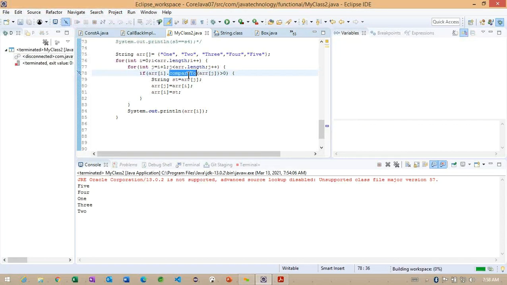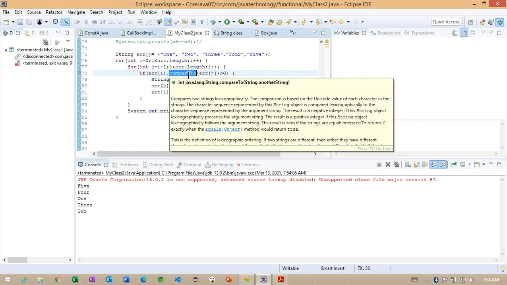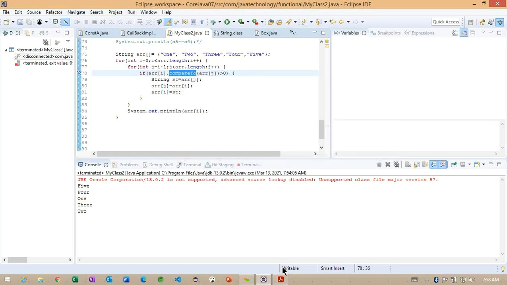So this is all about the compareTo method, how it is working internally. The remaining methods we are going to discuss in our Monday class. Any questions regarding today's class, the methods we discussed as of now? Okay. If we don't have any questions, we'll continue with the remaining methods on Monday.